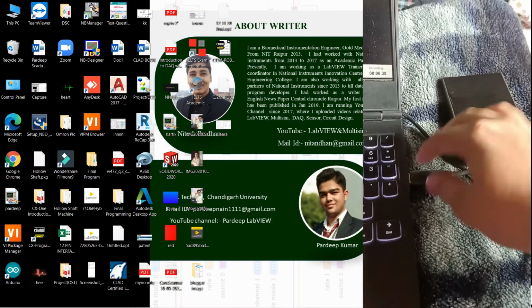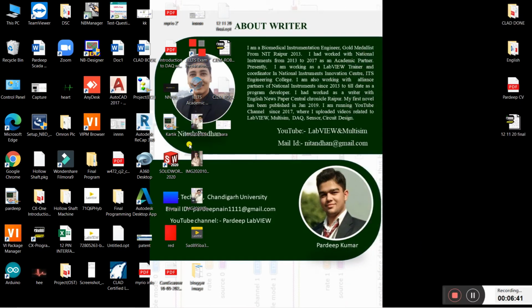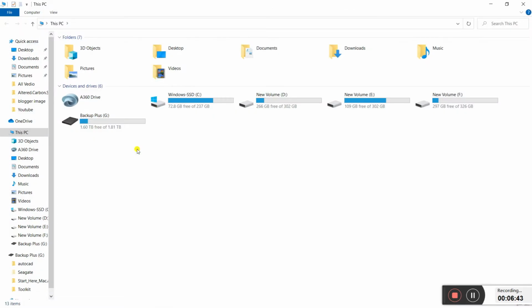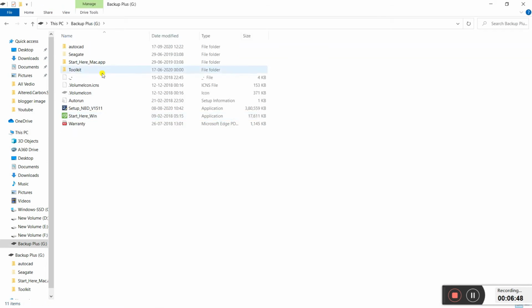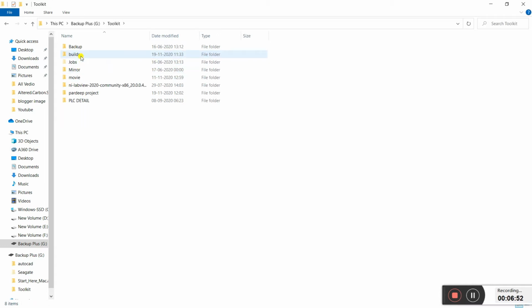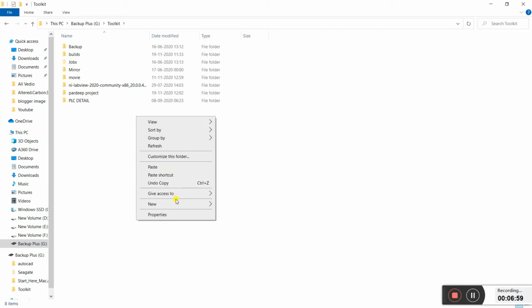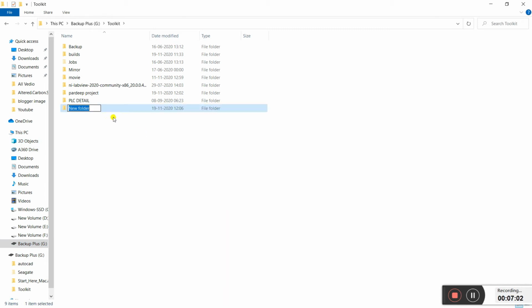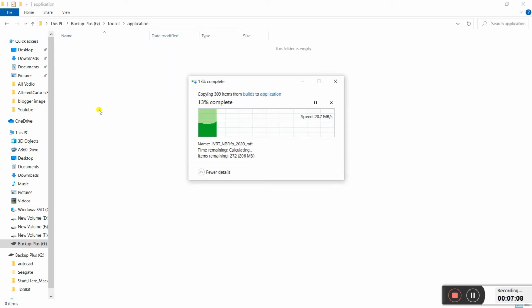Now I'm attaching it to my laptop. You see the backup drive. Now open it, and in the toolkit folder I create a new folder, named applications. Now open this folder and press Control V to paste that folder.